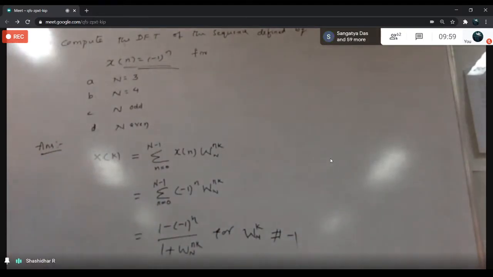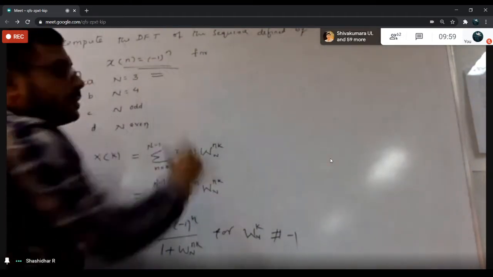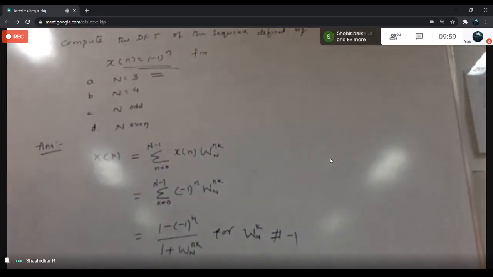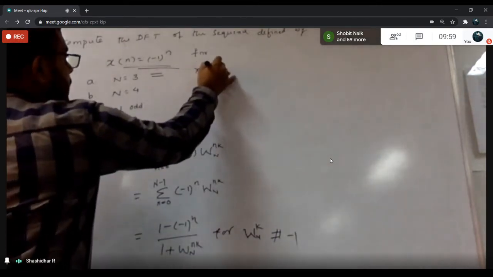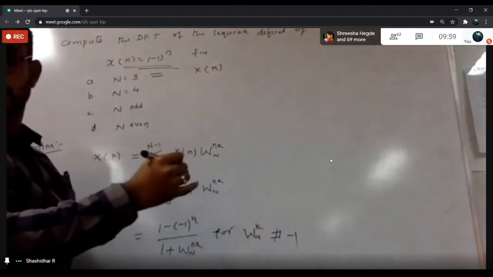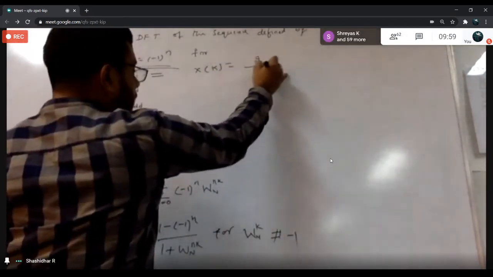First you go with the problem A. This one. So n is equal to 3. What is x of k? X of k is equal to 2 divided by 1 plus